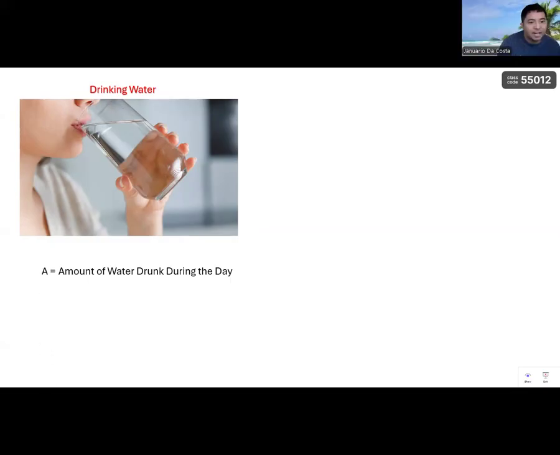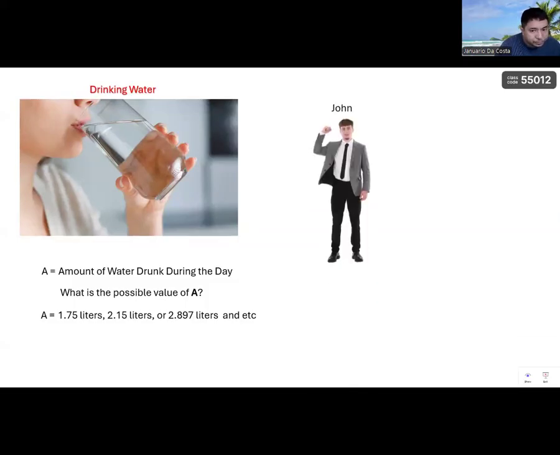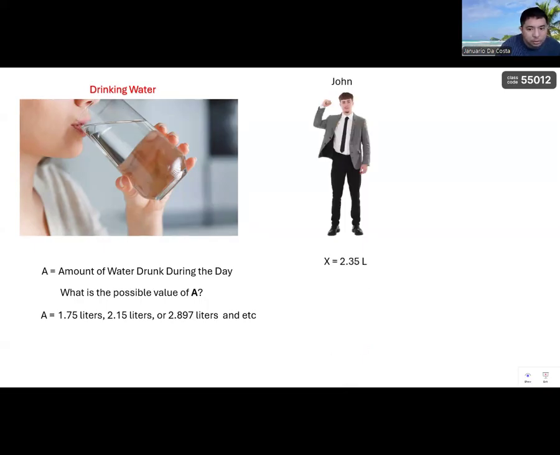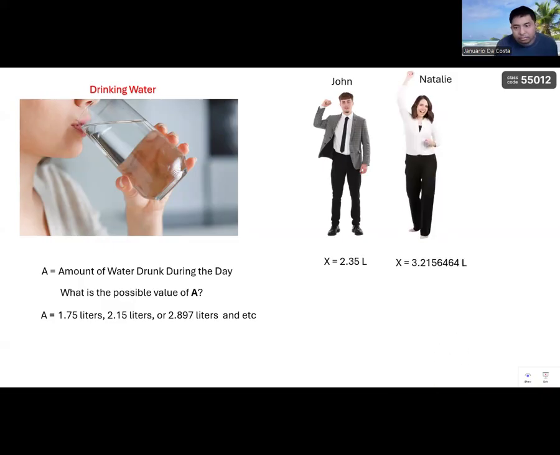So for example, we assign a random variable A as the amount of water drank during the day. What is the possible value of A? It can be 1.75, whatever, 2.15, 2.897 liters, and etc. That's all possibility. Now, for example, John is drinking about 2.35 liters a day of water. And Natalie can drink